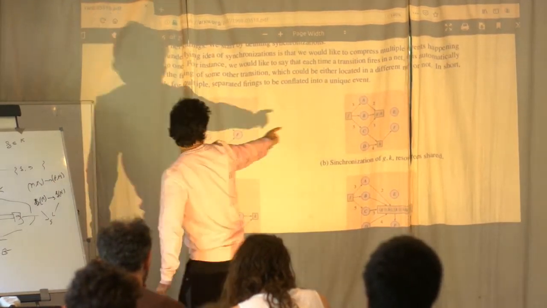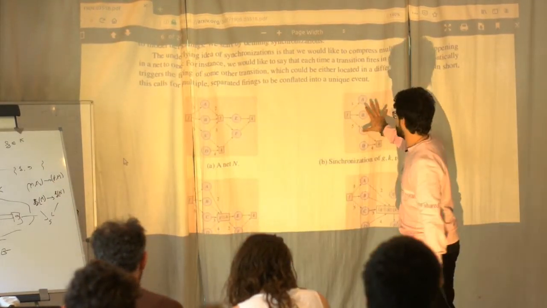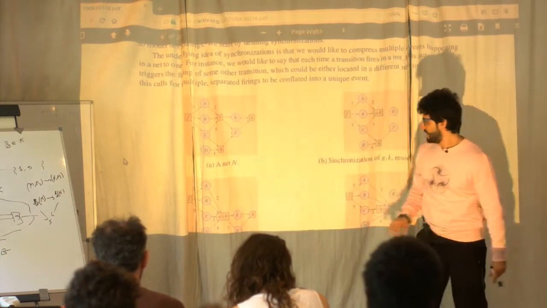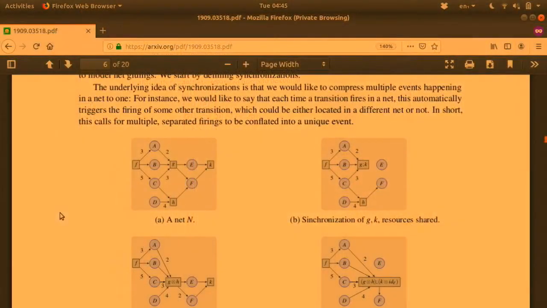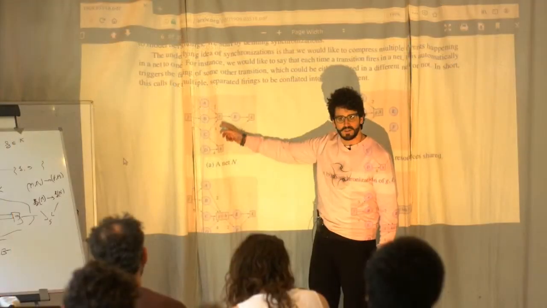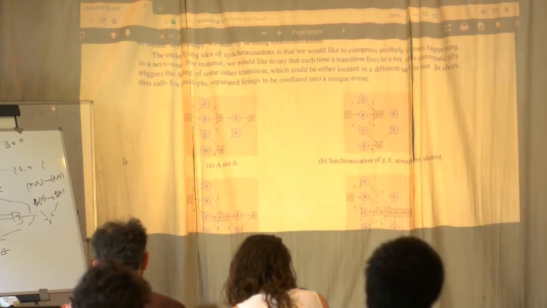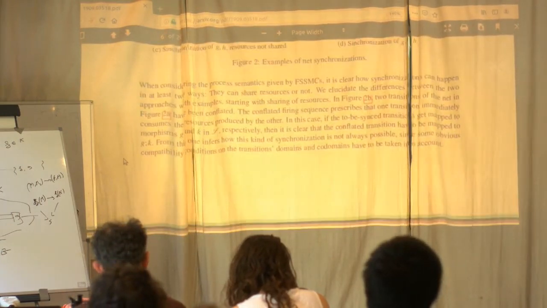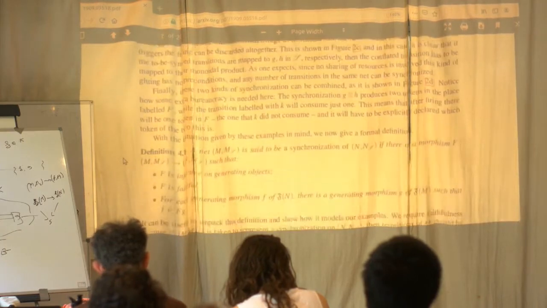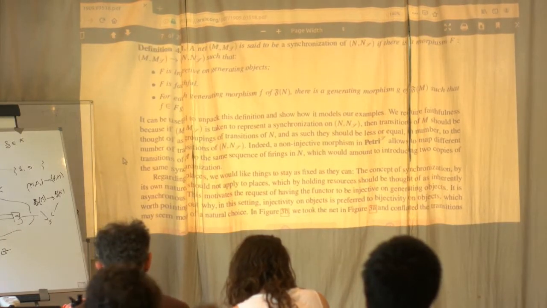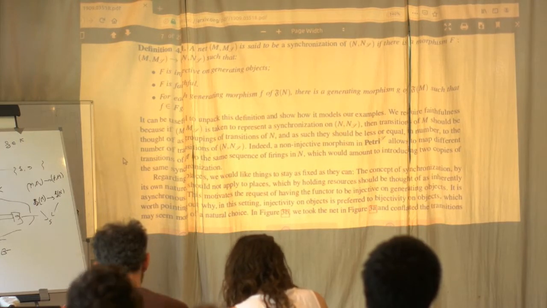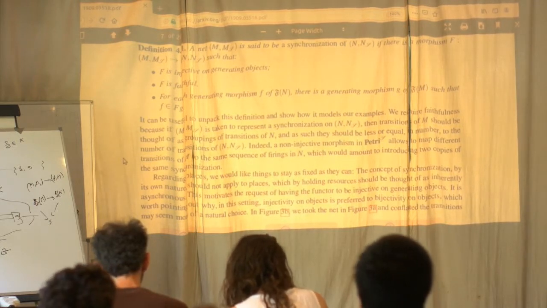And so you see that you can express this as a morphism that goes from this net to this net. And in here it's similar. I'm saying, okay, this transition here corresponds to the monoidal product of these generating morphisms. So it's mapped to this monoidal product here. And obviously, you want to give some definitions to make this thing sensible. So you want this functor to be injective on objects, and the reason